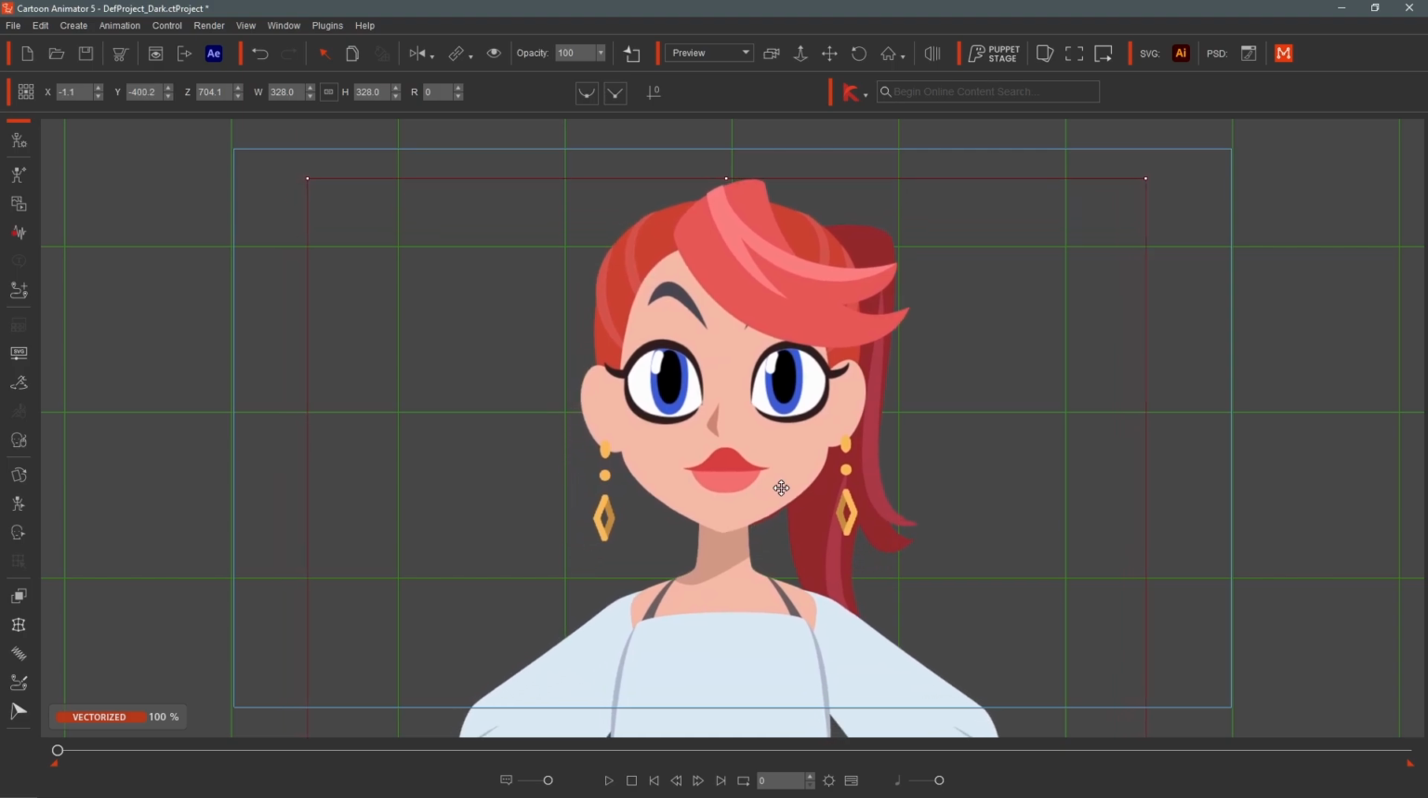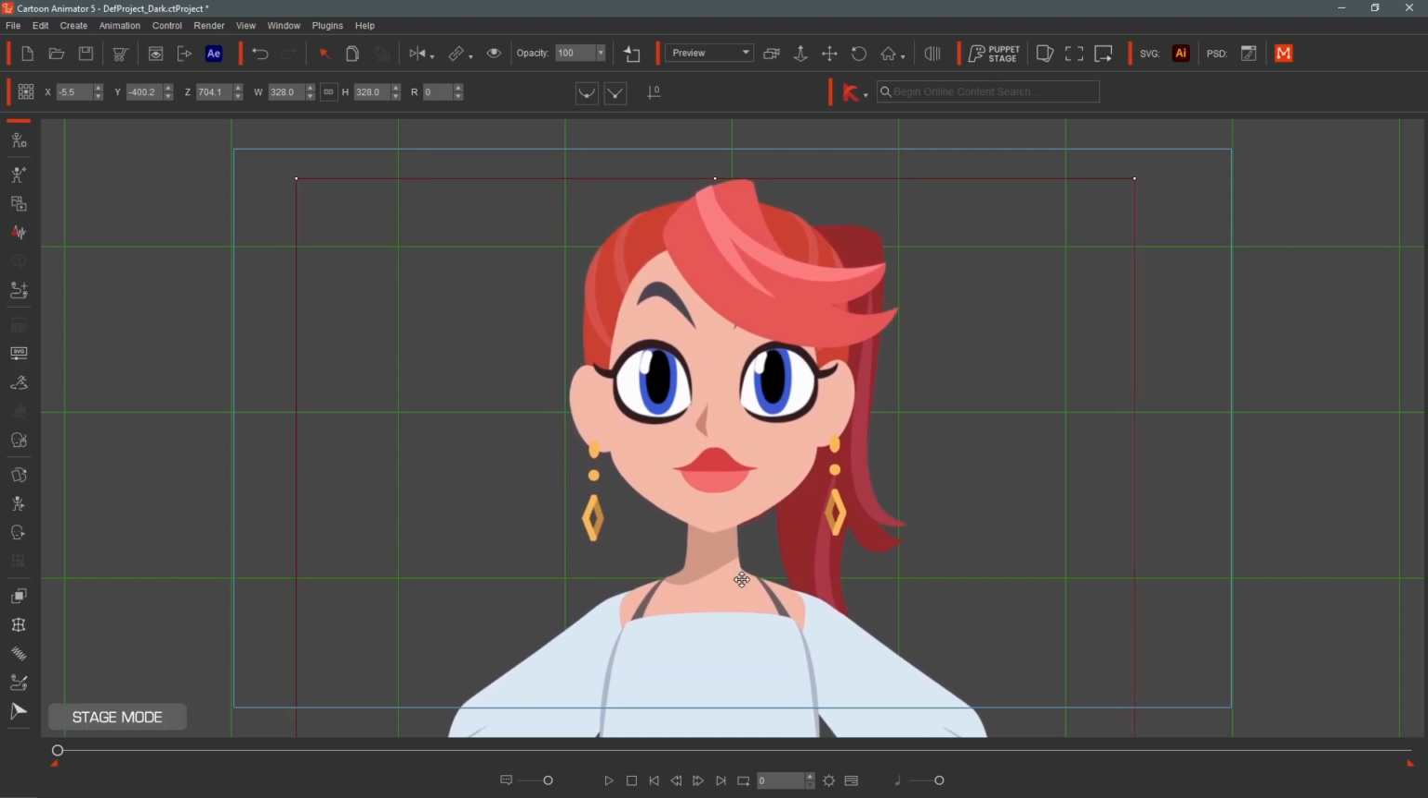Animating dialogue manually can take a lot of time, especially when you have multiple scenes or characters. That's where Create Script comes in. This powerful feature automatically generates a complete lip sync performance from your audio, allowing your character to speak naturally in